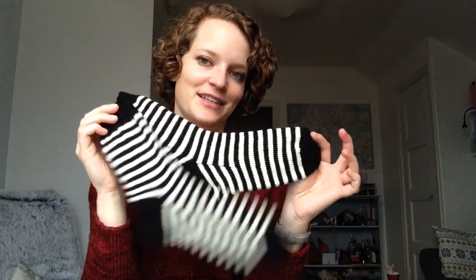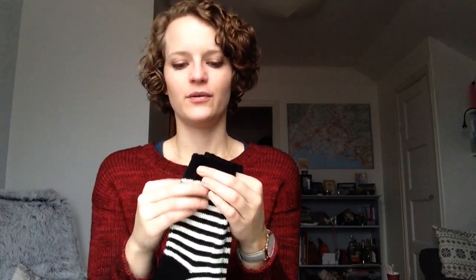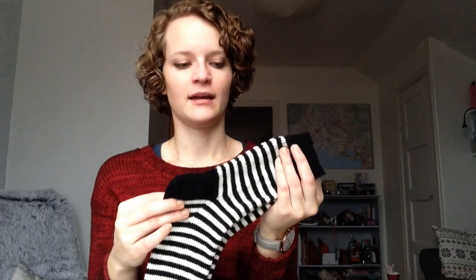The other finished project that I have this week is one that has been ongoing for a while, and that is these lovely striped socks. I started these quite a while ago, and I was inspired by Snippets and Spokes. I was inspired by Snippets and Stacy to try out some